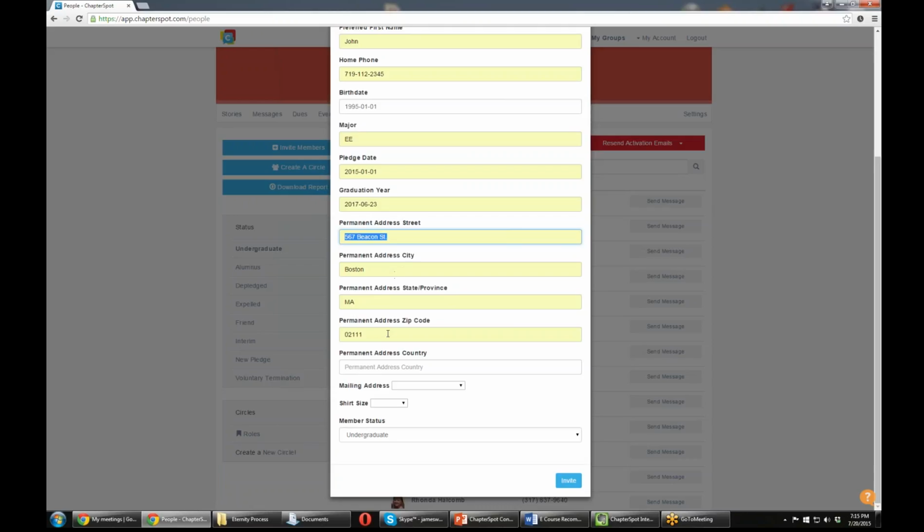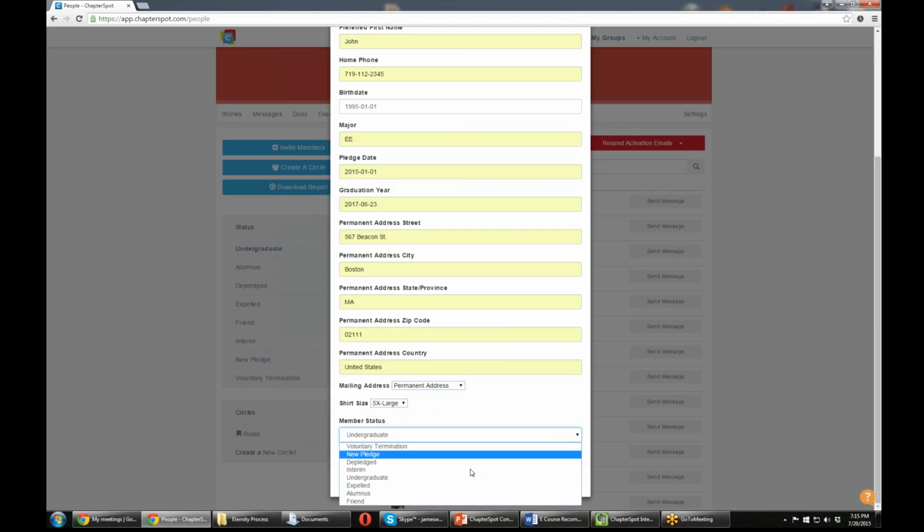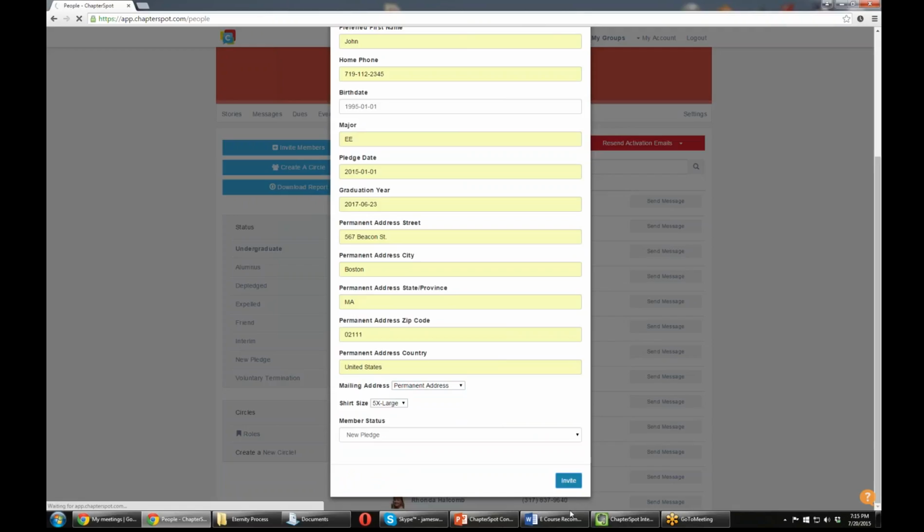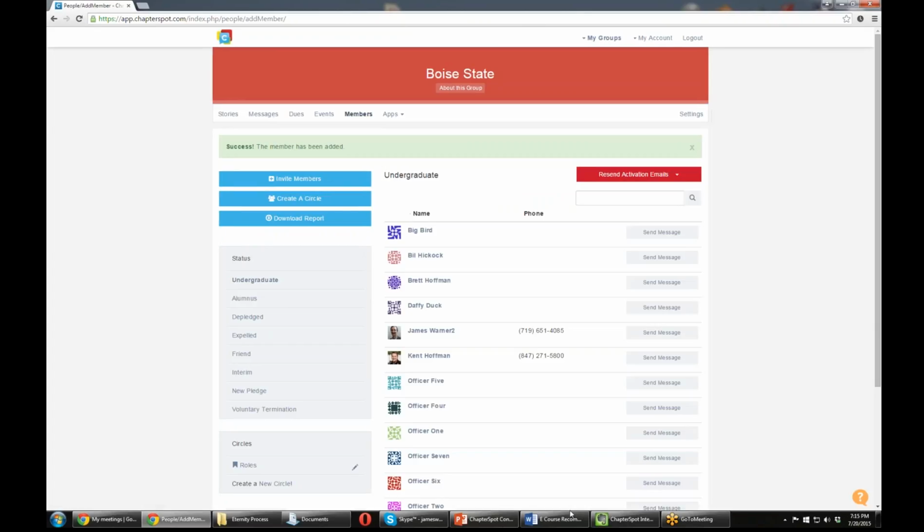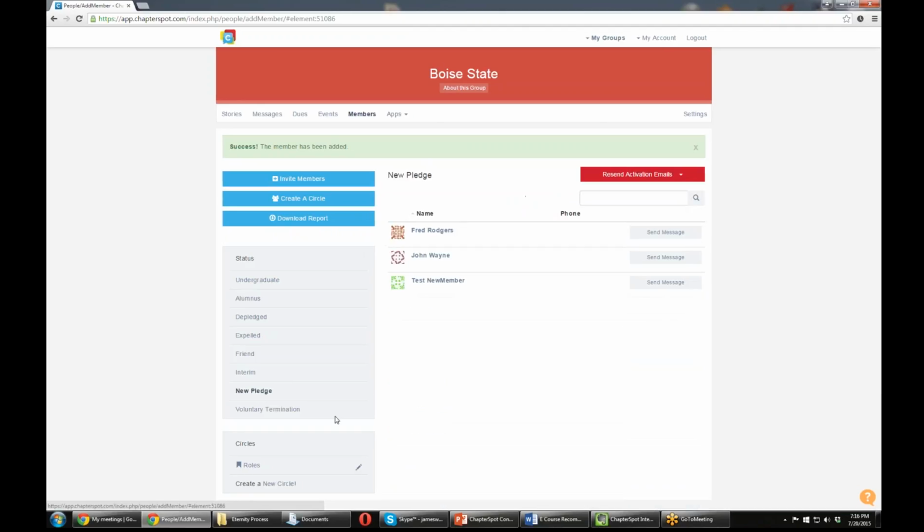address fields that have been filled out already. Permanent address country, United States. Mailing address we'll say is the permanent address. Shirt size is 5 extra large. And the member status is going to be a new pledge. So we'll go ahead and click invite here. And now it indicates up here that we've succeeded. The new member has been added. And we can just check here under the category of new pledge. And we'll see we've got John